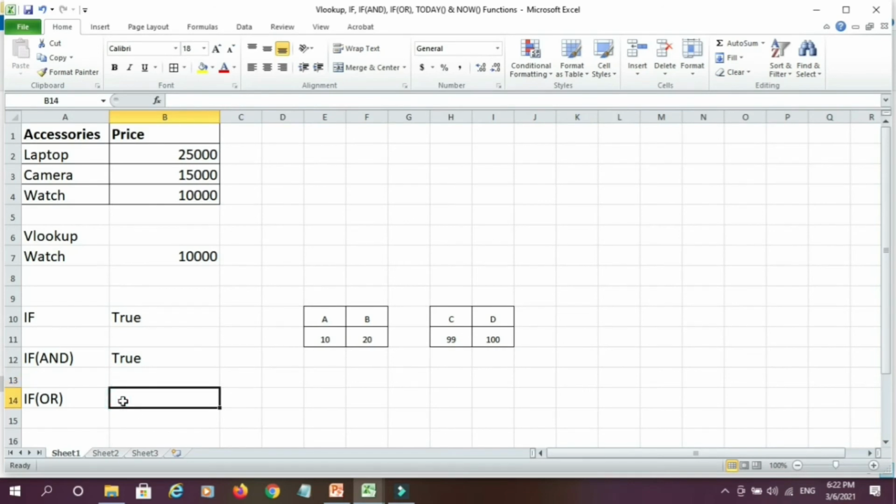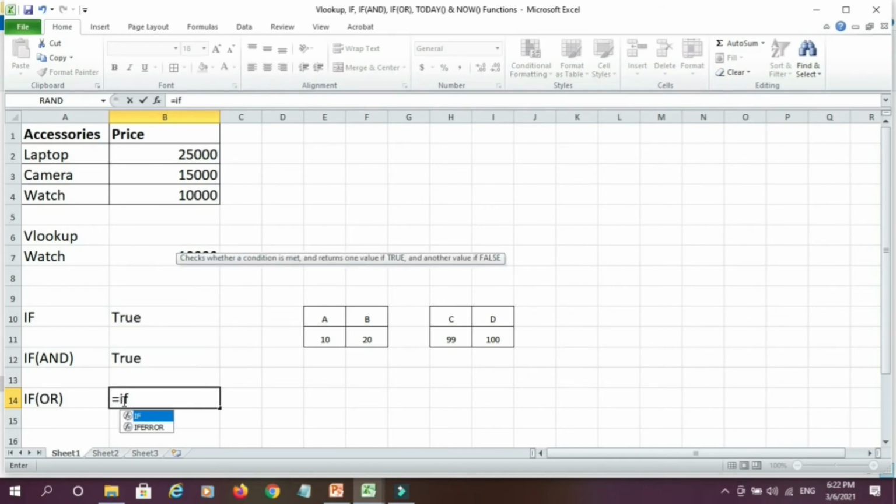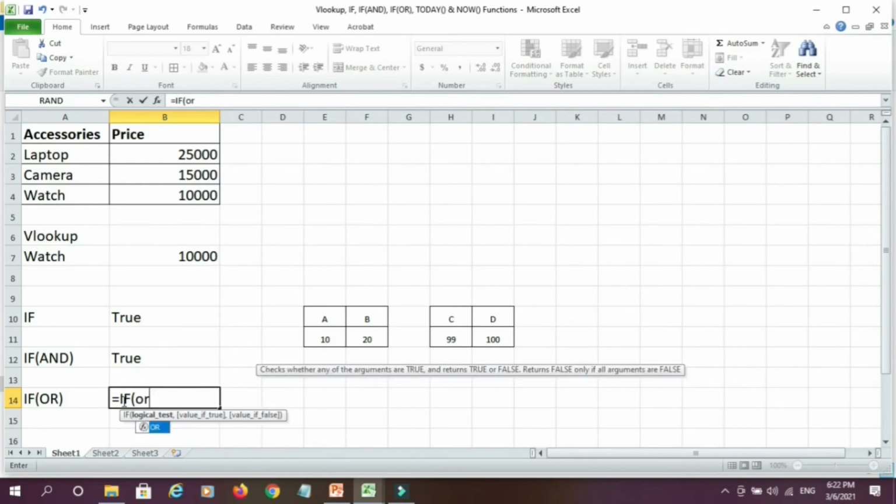Similarly, we can test if OR. I write OR, tab, and again I'll provide two conditions. If both the conditions are satisfied, then we'll get true value. Also, if one of the conditions is satisfied, then also we'll get true value. If both are false, then we are going to get false value.